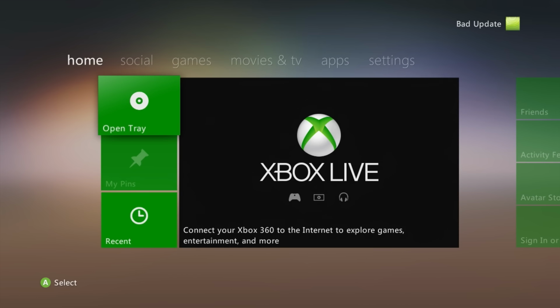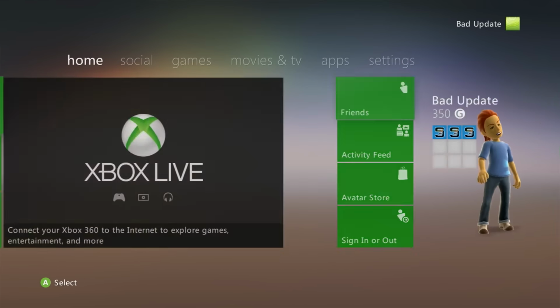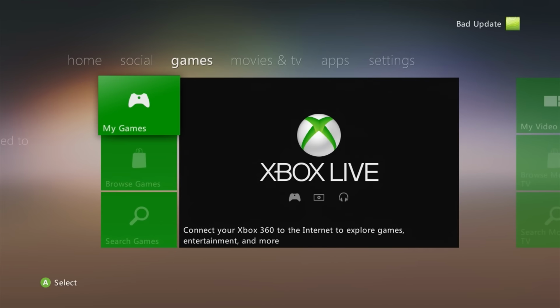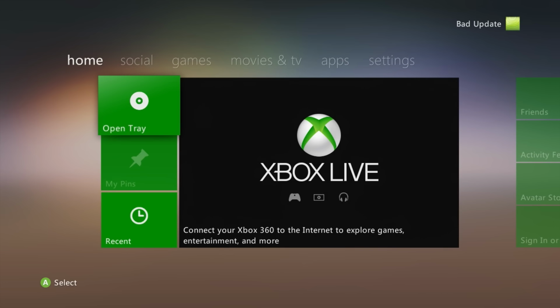So you are going to need a few things. First of all, you will need, of course, your Xbox 360, which is on the compatible dashboard and is ready to roll with bad update on it. You're also going to need your USB flash drive, which has bad update, and you're going to need a computer or some way of getting files to and from the USB drive, and a way to, of course, edit a